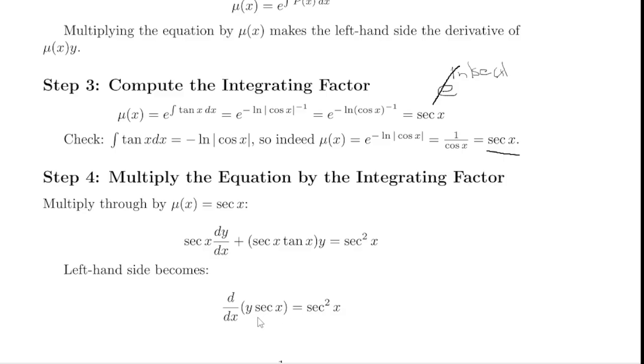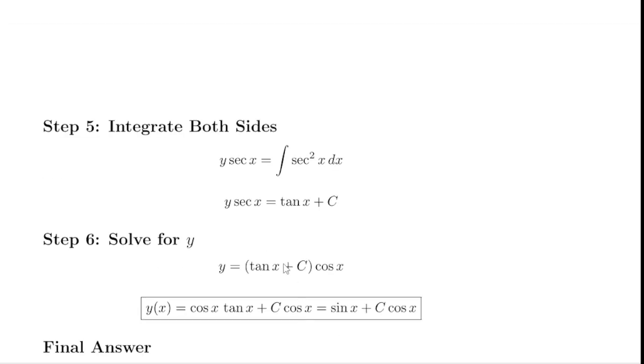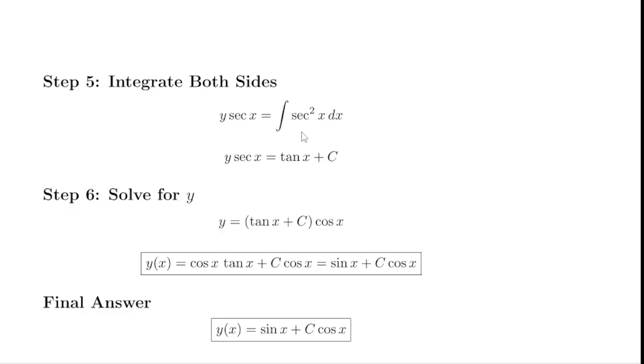Now our goal is to solve for y, so we need to undo the derivative. So to undo the derivative, we're going to integrate both sides. So when we integrate, the derivative goes away and we're left with y secant x, and then we just need to integrate secant squared, which is just tangent, plus c. Then we can divide both sides by secant of x, which is the same thing as multiplying both sides by cosine x, to get y equals tangent x plus c times cosine x,